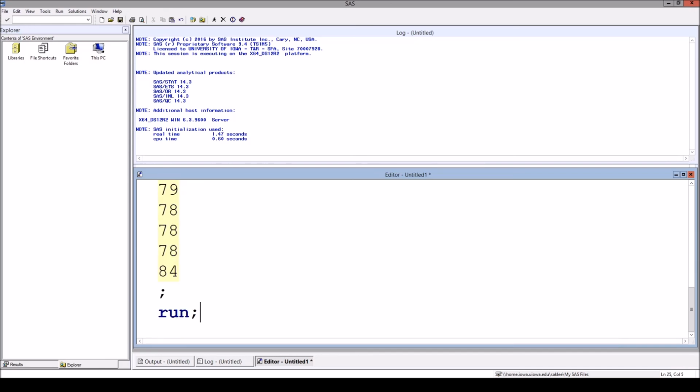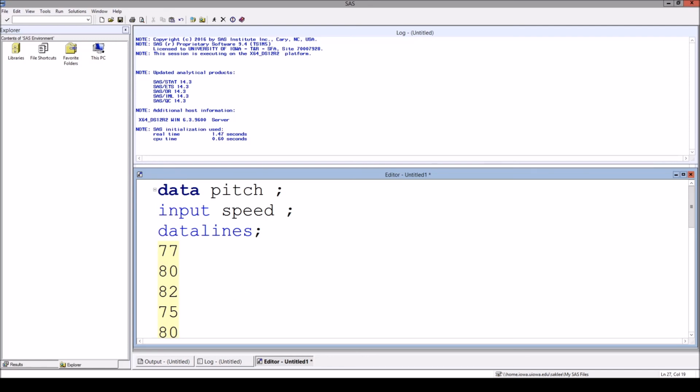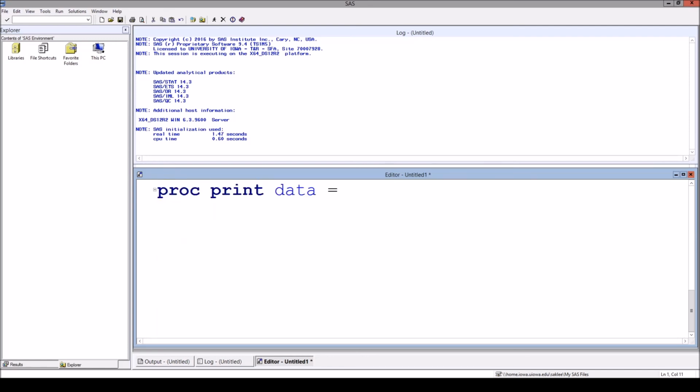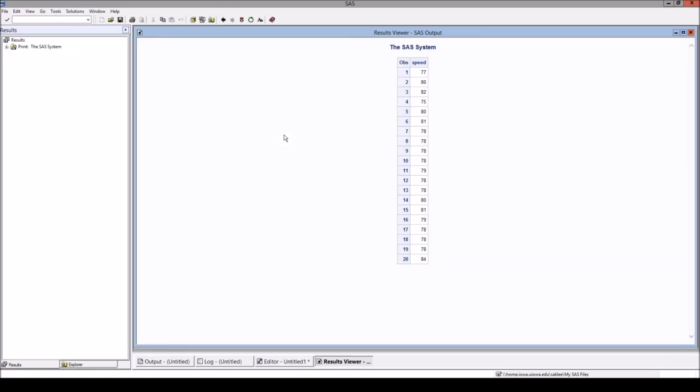So I have entered every single number for the 20 throwing, and to check the result, I can use proc print data equal to my data name, pitch data, and then run. If I submit that, I can see that my 20 numbers are in the SAS system right now.